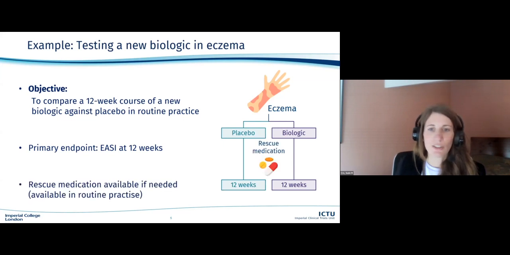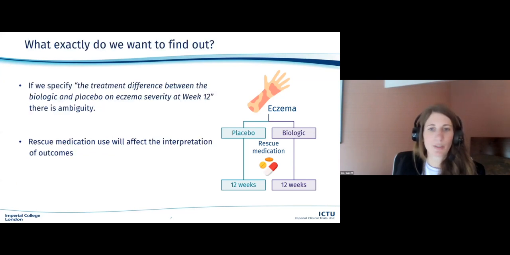Now, rescue medication in the form of oral steroids, such as prednisolone, are to be available to participants if needed. This is ethically required, as such rescue therapies are also available in routine practice. So what exactly do we want the trial to find out? Well, if we specify the treatment difference between the biologic and placebo on eczema severity at week 12, this might